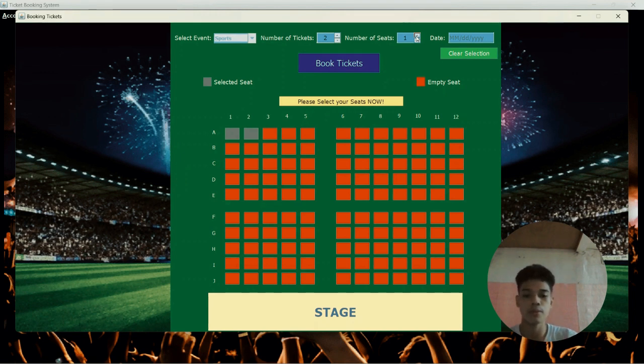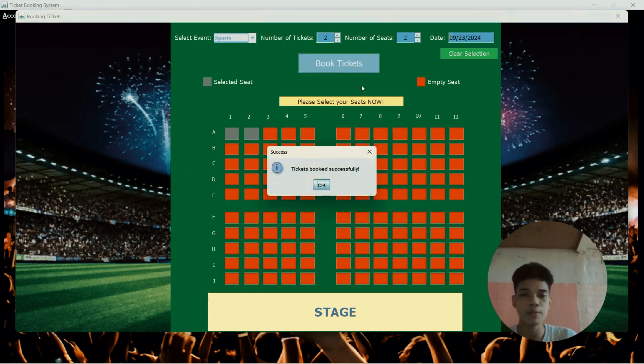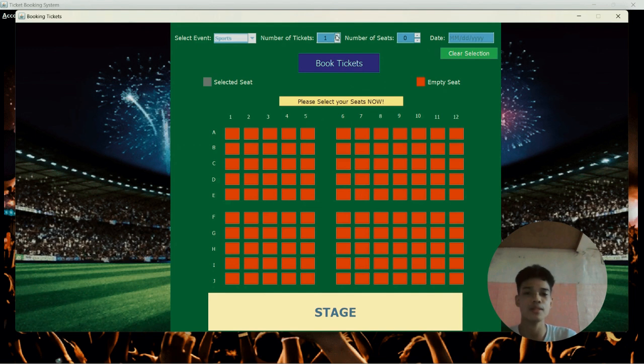And by putting a date, surname, and booking this one, the number of tickets and seats must be equal. So our number of seats is not equal. We need number 2, same with our tickets. I put this 2 also, B1 and A1, total price 10. So by booking this,